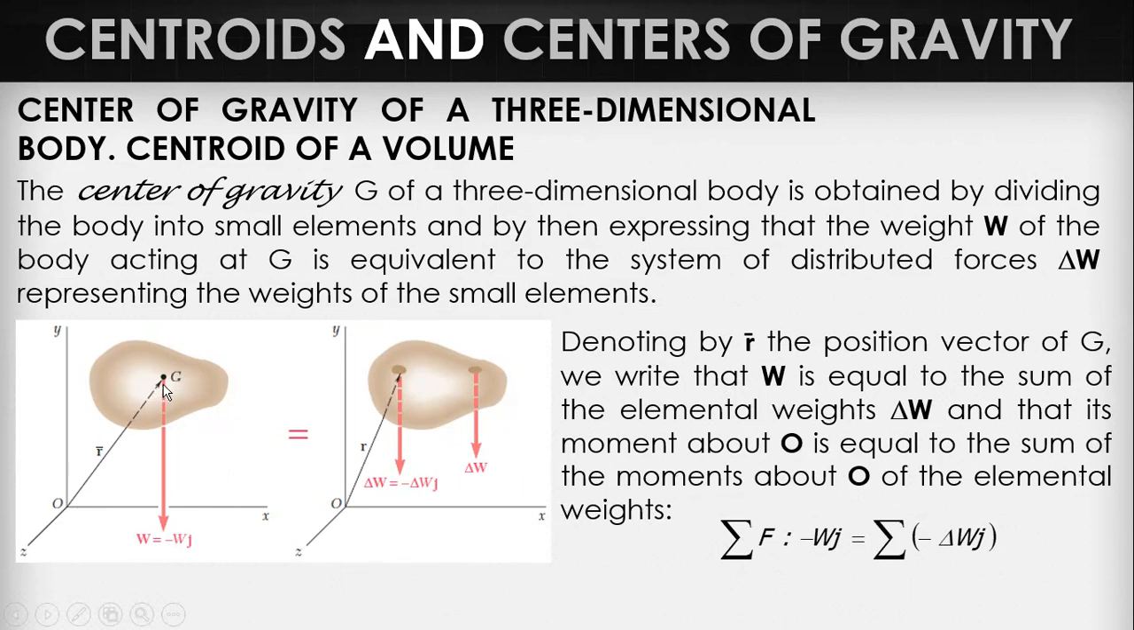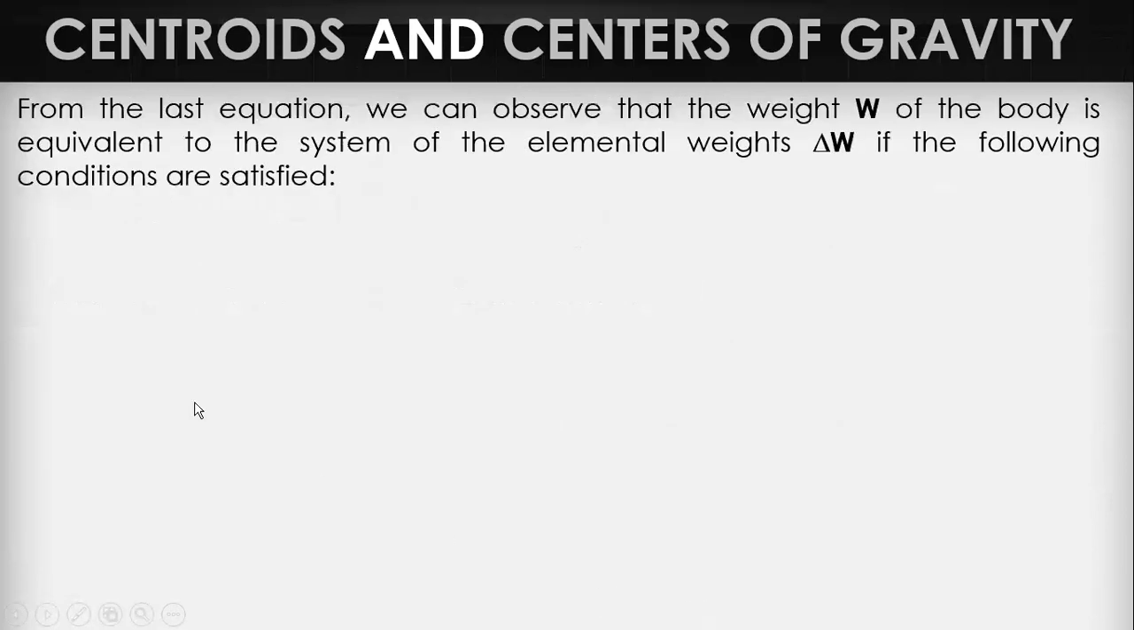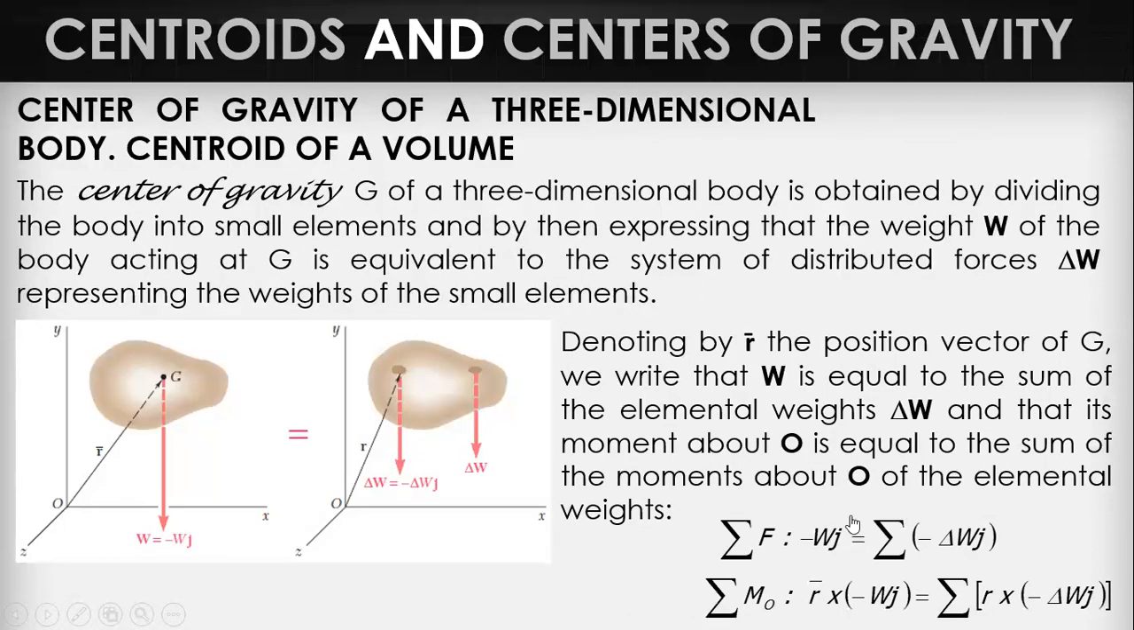So in vector form, moment is R cross F. So the moment of the weight about point O is equal to the sum of the moments of all the elemental weights. This one, R cross F, summation of R cross F. Okay. From the last equation, this one,